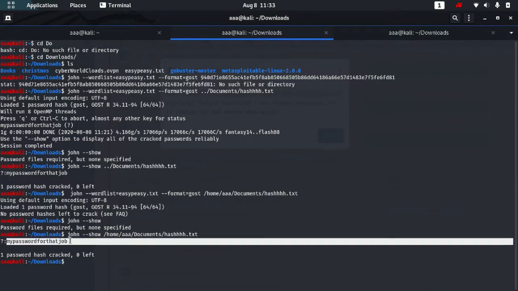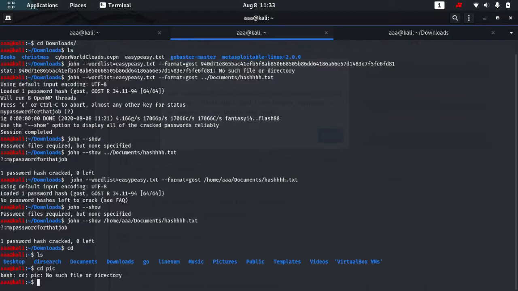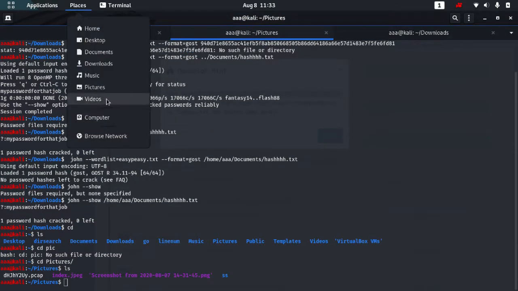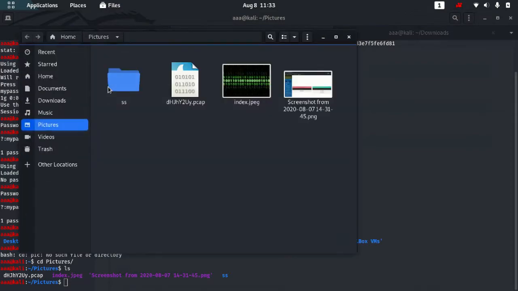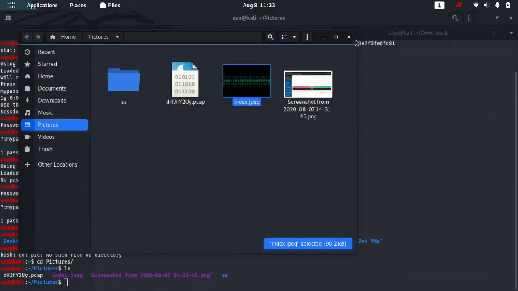So my password for the job is the answer, and this answer is actually for the, just a second, pictures. cd pictures, ls. Okay, so we found this picture which has some info in it, but we need to extract it.